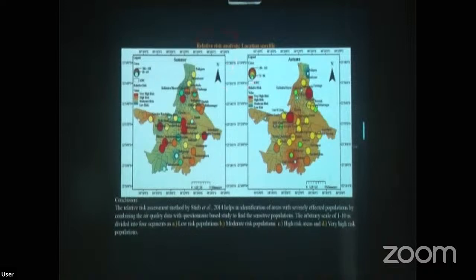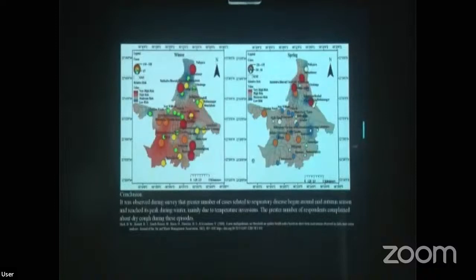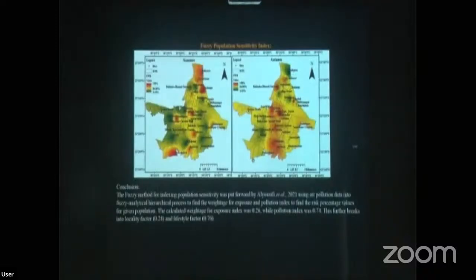Relative risk analysis, which is area specific. So health risk was analyzed. We have a sample population in different areas of Kolkata, and we have some control population in the Sundarban region. So we try to map the relative health risk here. And in conclusion, we are trying to use this four season data and population sensitivity index. We try to find a sensitivity index